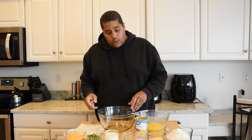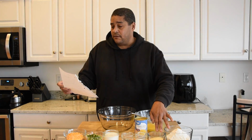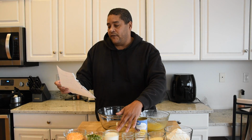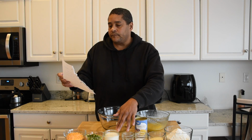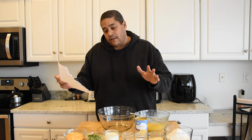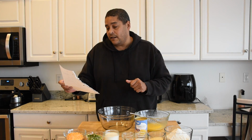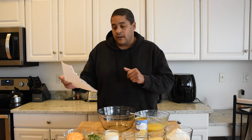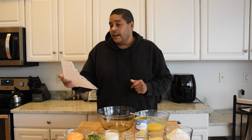Now, first of all, we have 2 cups of flour. We have a 1/4 cup of cornmeal, 3 teaspoons of baking powder, 1 teaspoon of salt and pepper. We have 3/4 of a cup of heavy whipping cream. I'm going with about a little over a 1/4 cup of jalapenos, which is kind of a twist on it. I have about a little over 1/2 cup of cheddar cheese, 1 can of cream corn, and that pretty much